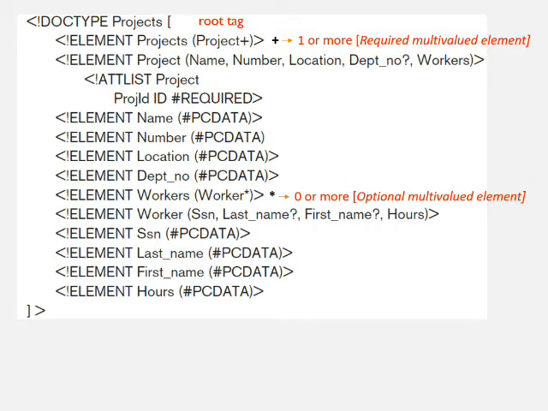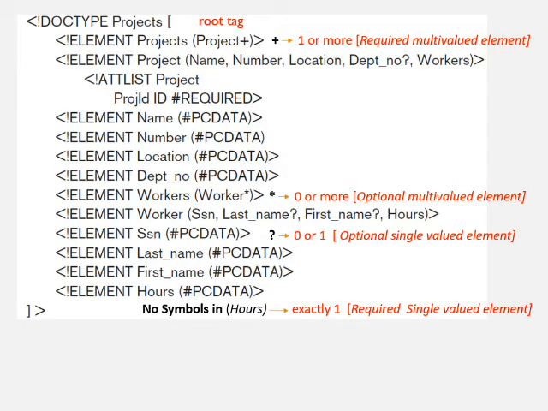Star symbol: 0 or more elements are allowed in a document, that is called an optional multi-value element. Question mark: 0 or 1 element is allowed in the document, it is called an optional single value element. If there is no symbol on an element, that is called a single valued element, where exactly one element has to appear.